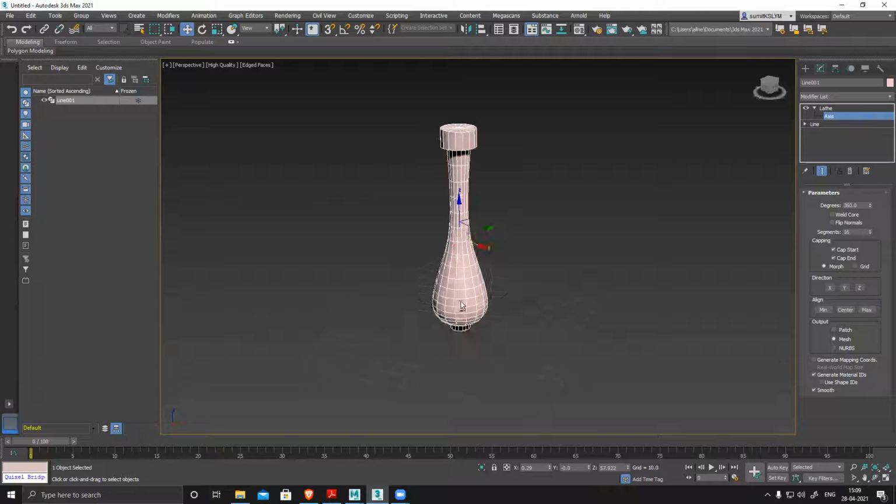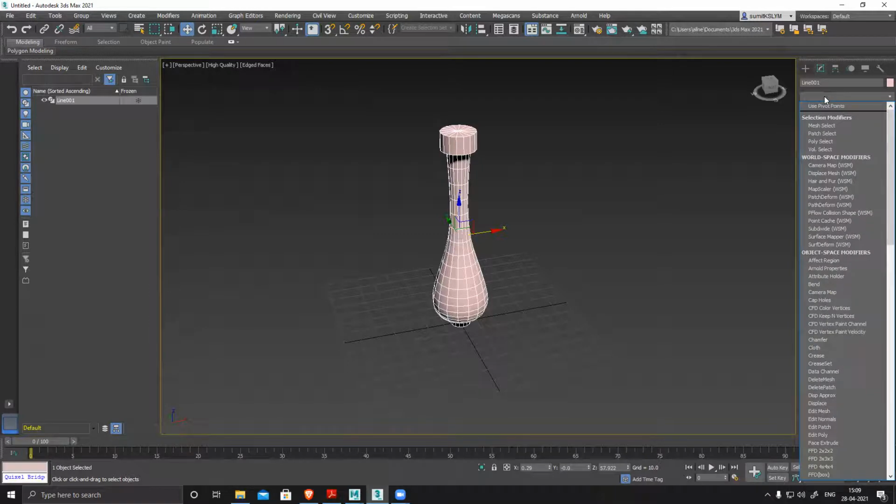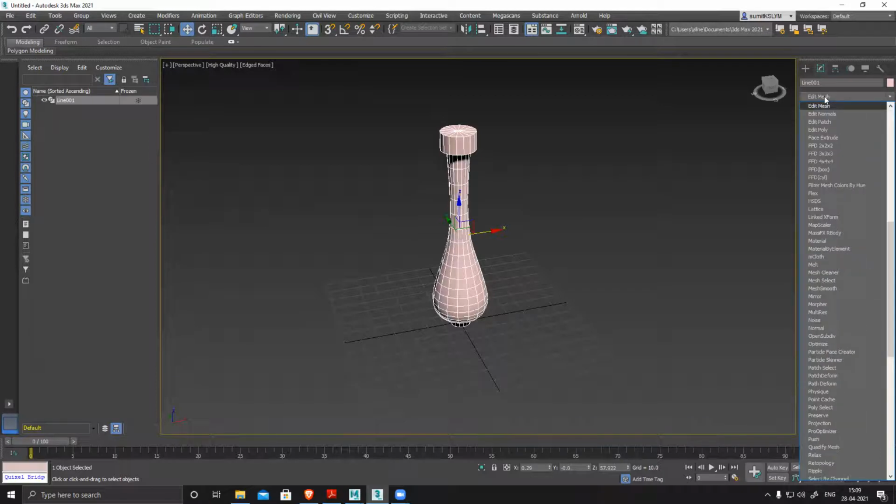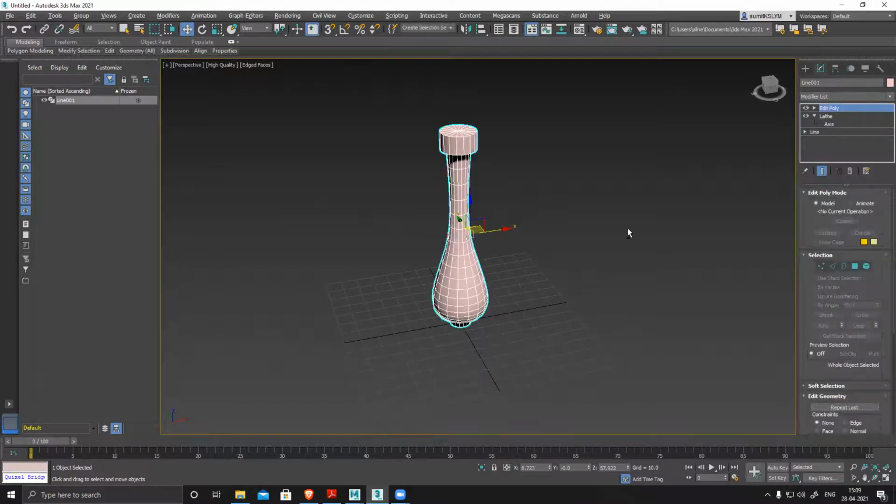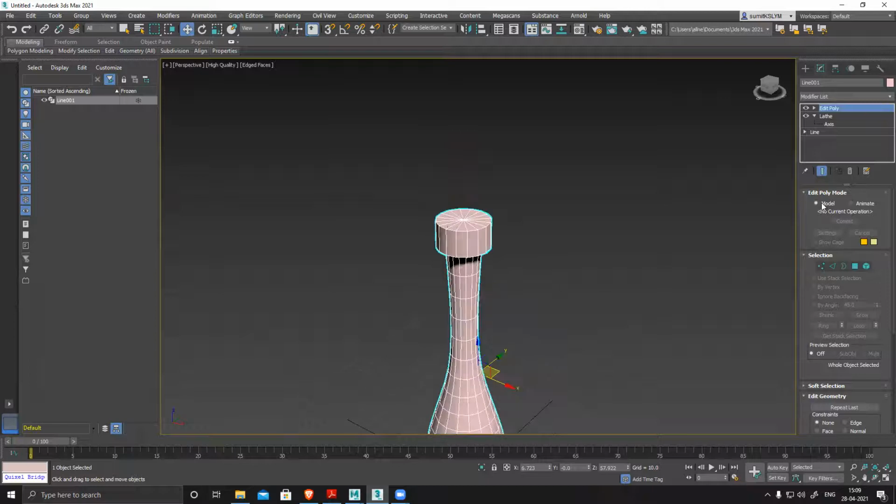I have applied a lathe and my basic shape is ready. Now if I want to modify this design, suppose I want to add a few things here, I'll apply edit poly here. Now you can see I have all these vertex, edge, border, all these selection options.